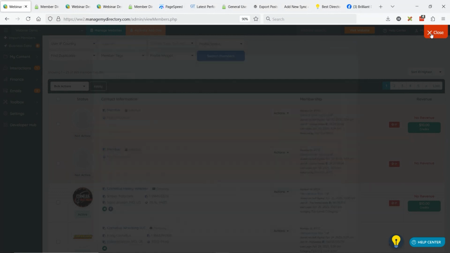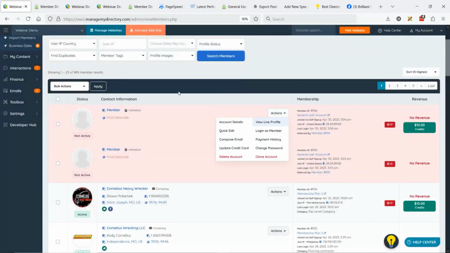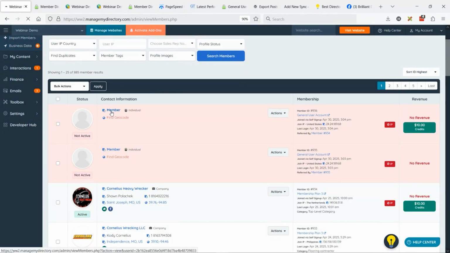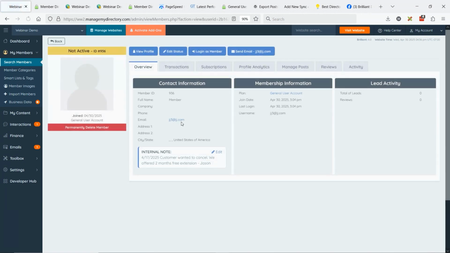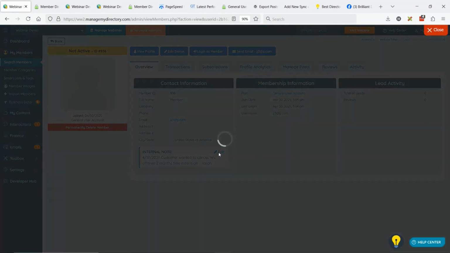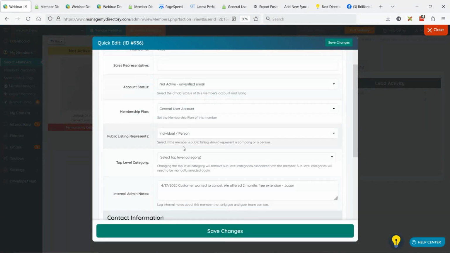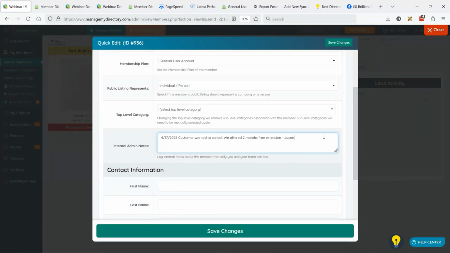And what David was referring to is if we go and look at that member's information here, I think I did the top one. Yeah, there we go. So when you click and you're actually looking at this person's information, you can see the internal note here. You can edit it further. Another staff member can come here on another date if you want to put dates, or you can just say